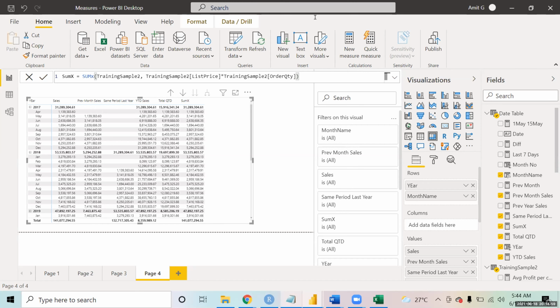And similarly, you can try AverageX and MaxX also. For each month, you have to find the average sales and the monthly sales.